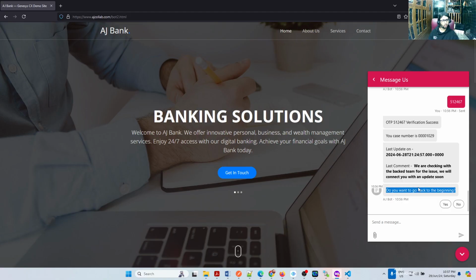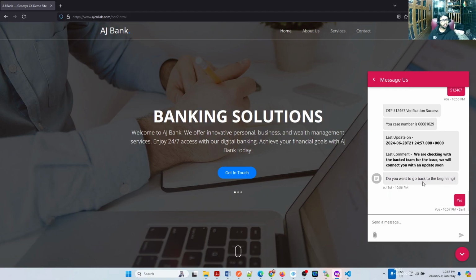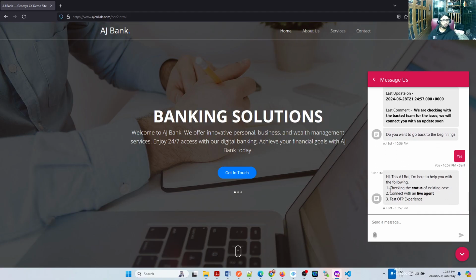Okay, again it is asking, do you want to go back to the beginning? When I click yes, it goes back. So in this flow, we are developing a similar thing, but I also incorporated the verification part in this. Right now we are developing this without verification, so anybody can check the status as long as you are a registered number. But here it is a registered number plus an OTP verification for the number, because when you know my registered number, you can also interact the same and trigger the same thing, right? But this will stop that. Only when you enter the OTP, it flows further. Otherwise it says the OTP has failed.